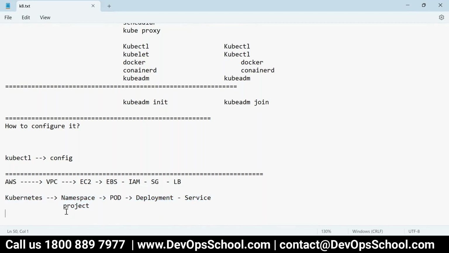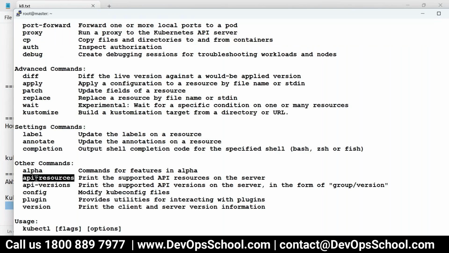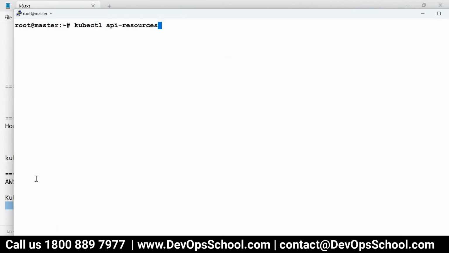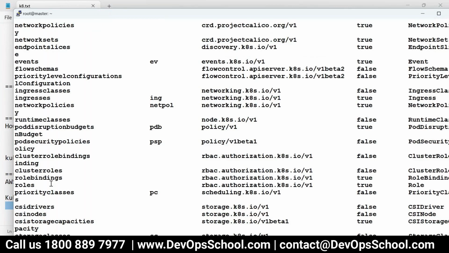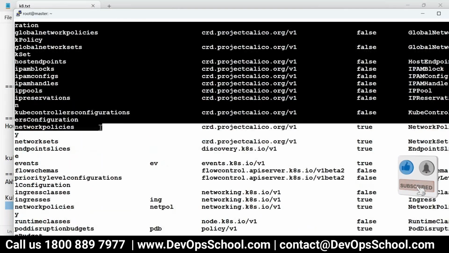So when you go to Kubernetes, what do you want? You create a namespace, pod, deployment, service and all. And we have hundreds of features. Let me show you here. With kubectl, I want to know all the resources available in Kubernetes. So here, api-resources. See that, typically you see a lot of resources, and your journey should be toward knowing all these resources.